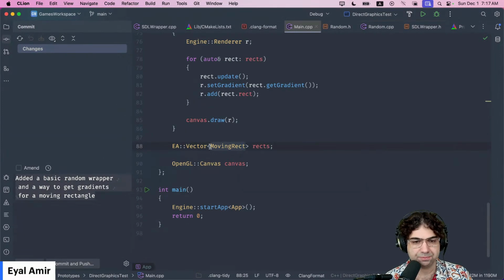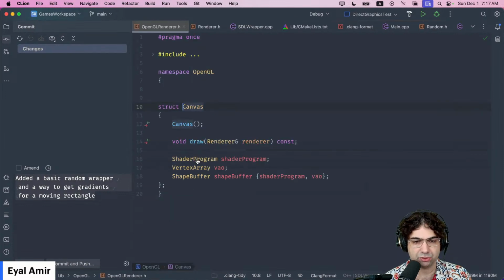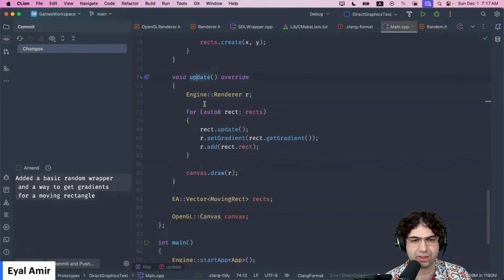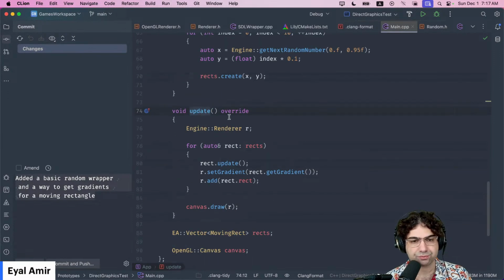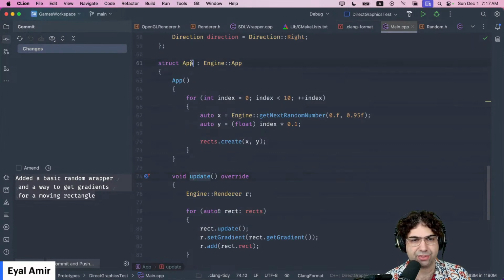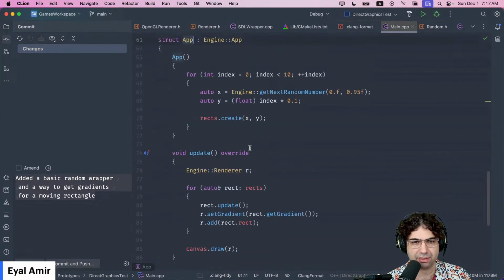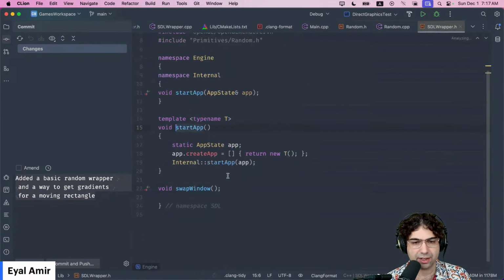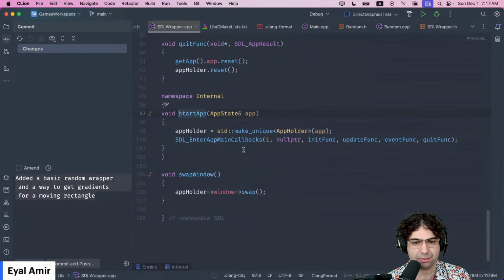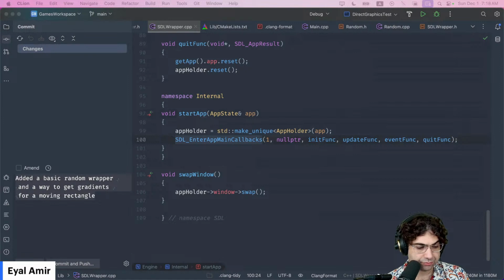But the general idea is, in the OpenGL canvas, there's a bunch of draw calls happening. But what I want is probably for the update loop itself, and even all of this, to run on the side thread. How does that work now? When I create it, I call start app, and then enter app main callbacks. I think this is a blocking function. It basically starts the full chain of calls. Yeah, so I think what I need to do